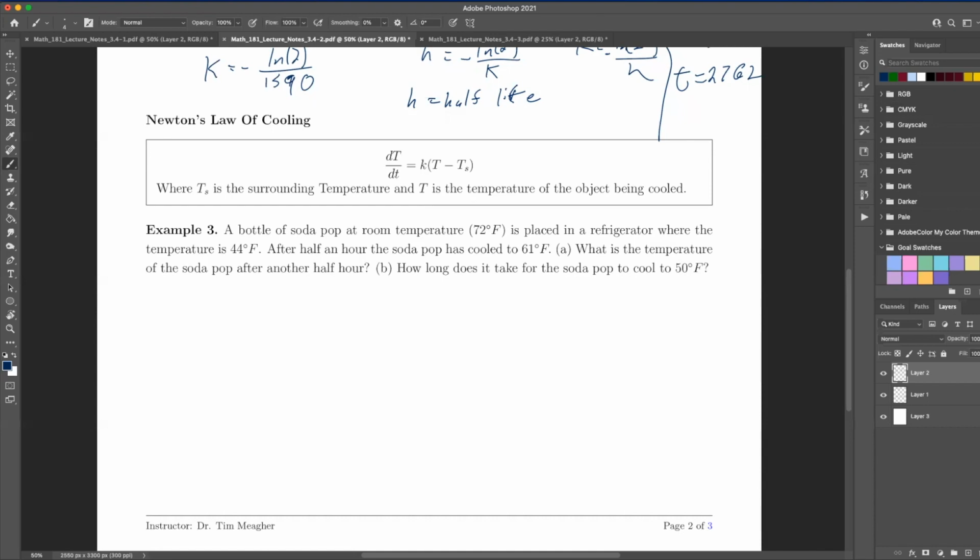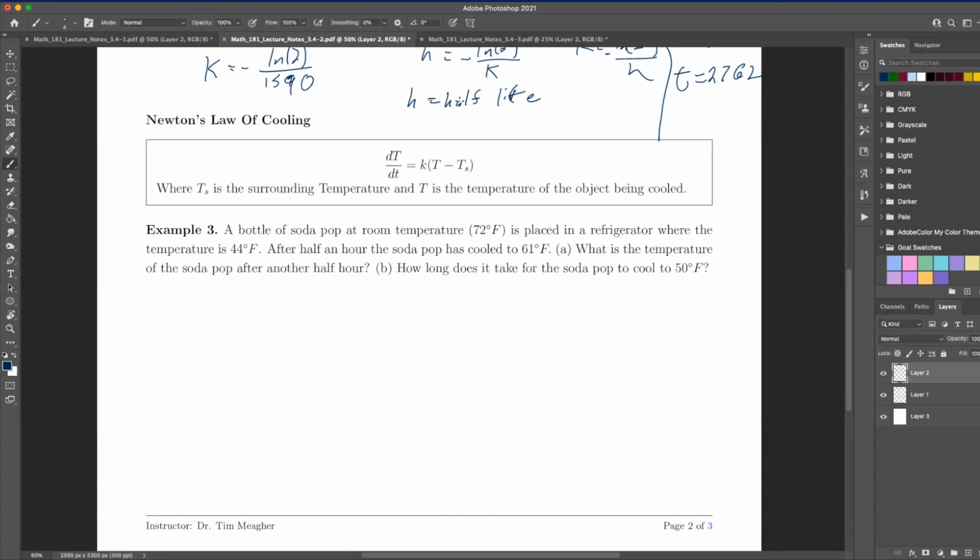Hold on, is my K? I think I learned this backwards. And the reason I say that is, taking the logarithms, in this case you're going to have negative Ks. You're going to have negative Ks. So I think I've learned it backwards. And the reason I've learned it backwards is because